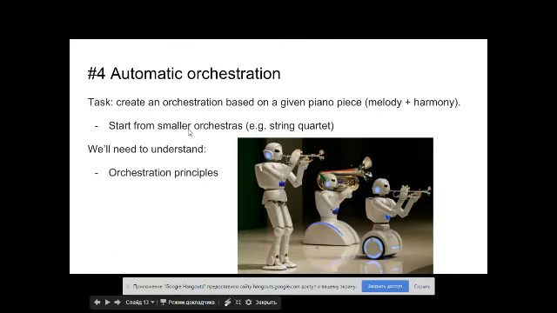So, the most complex task for music that I see for neural networks is the automatic orchestration. Maybe it goes even beyond neural networks, because this is a very complex task.